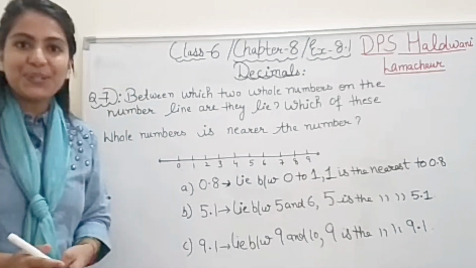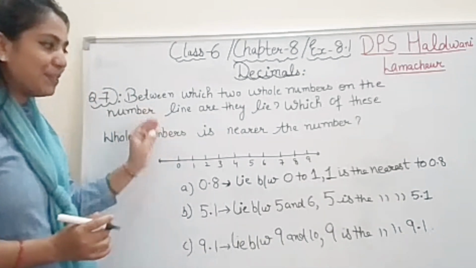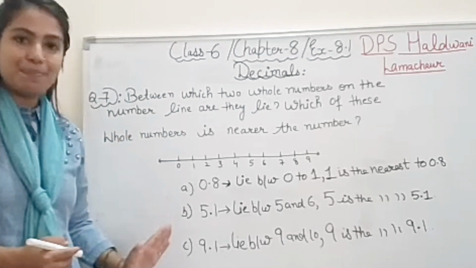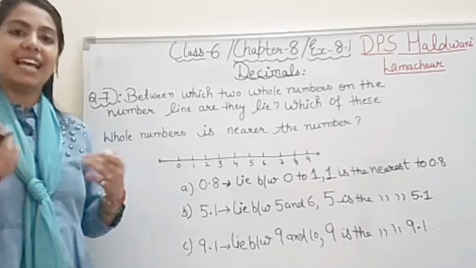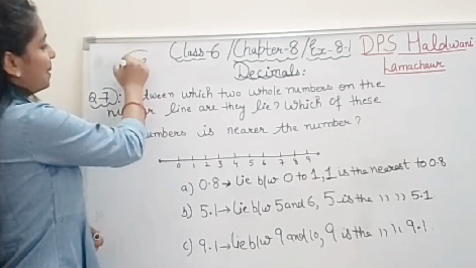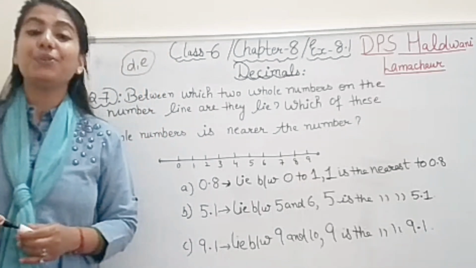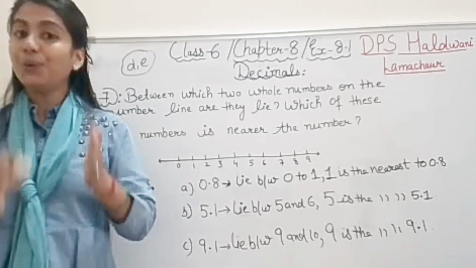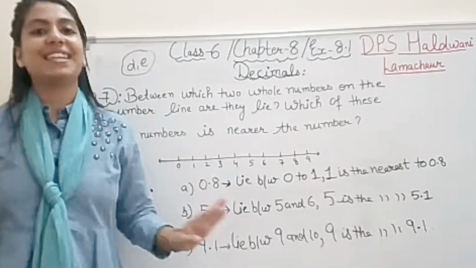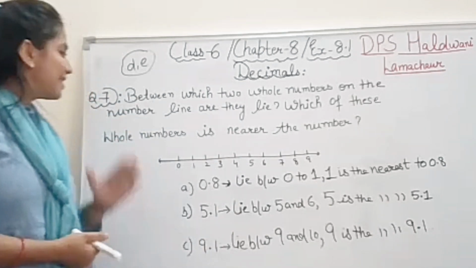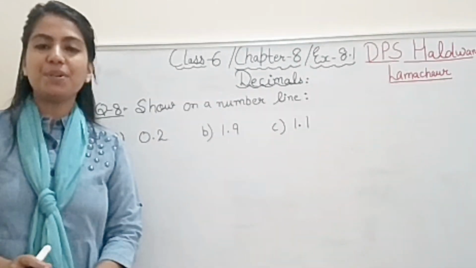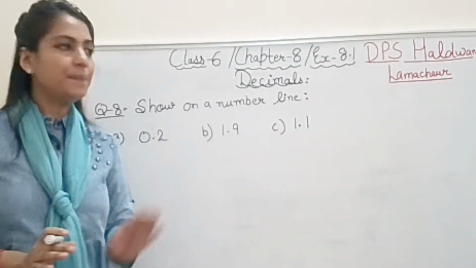Very simple question, student. Understood? I hope you understood, because these are very simple. I have done 3 parts. 2 more parts are there, D and E part, that you can try by yourself, which is very simple. If you got the introduction about the questions, the questions will be very easy, right? So this is all about question number 7. Now coming to our next question. Question number 8 we have, which is very simple.